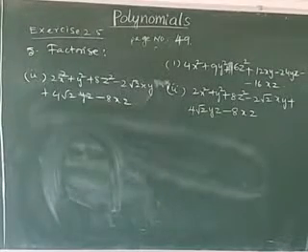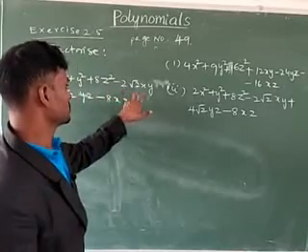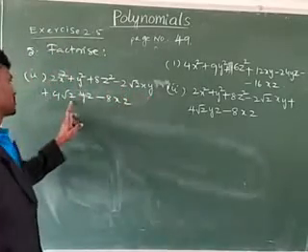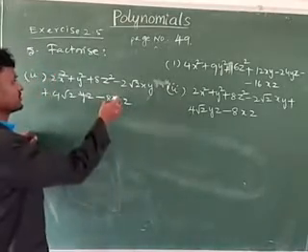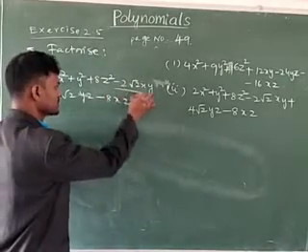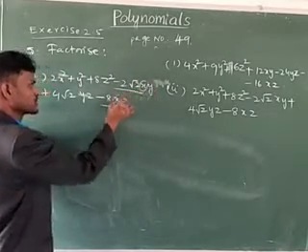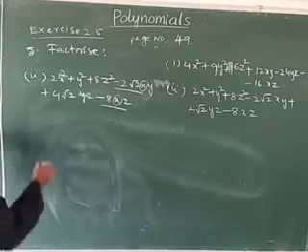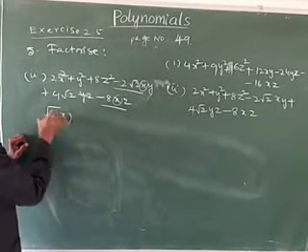Next, the second problem. See here, 2x square plus y square plus 8z square minus 2 root 2 xy plus 4 root 2 yz minus 8xz. Here in this term, which one is given minus means here this term and this term. Here which one is common? Only x is common. That x is positive, remaining is negative. See here. Now this is written as (root 2 x) whole square.